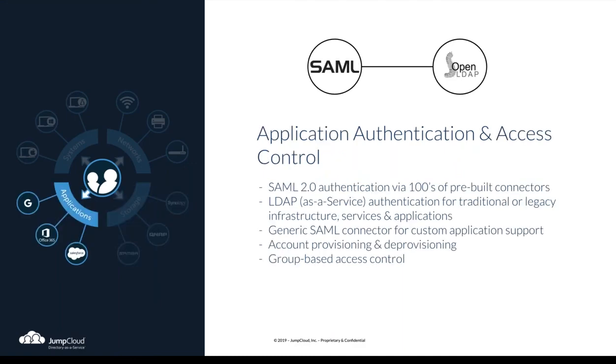Let's say you got the same user, but they need other forms of applications. You've got Salesforce up in the cloud, and you've got, let's say, Jira on-premise. How do you bind those things to the directory? Through protocols. Again, you're watching LDAP come back around again. You bind Jira to the directory, our directory, via our LDAP endpoint. But Salesforce, obviously, it doesn't support LDAP. It supports SAML. So use our SAML endpoint in order to bind and connect. So now I think you're really starting to see JumpCloud is a foundational directory that hungers for you to connect